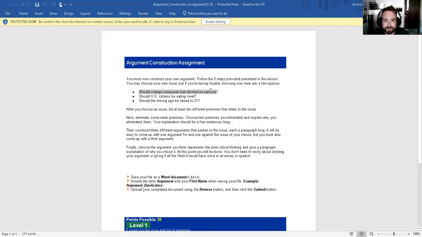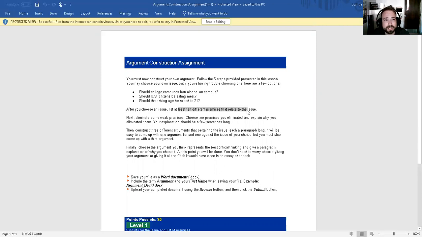Should college campuses ban alcohol on campus? Should U.S. citizens be eating meat? And should the driving age be raised to 21? Feel free to use one of those topics. Feel free to come up with your own. Just make sure that it is a controversial topic, something people actually debate about. Okay, so once you have picked your topic, you then list 10 different premises that relate to